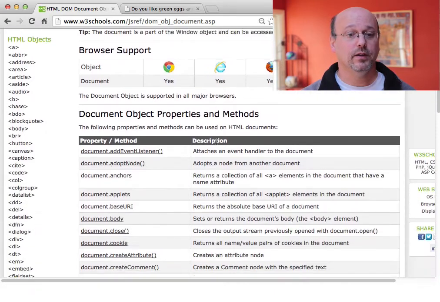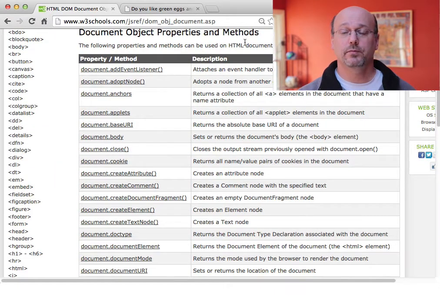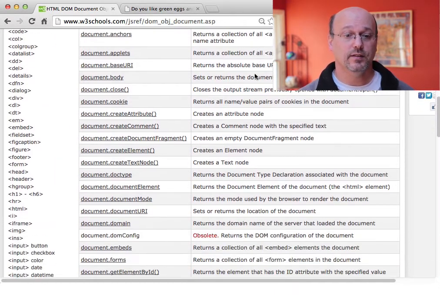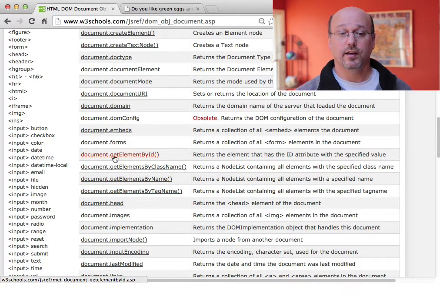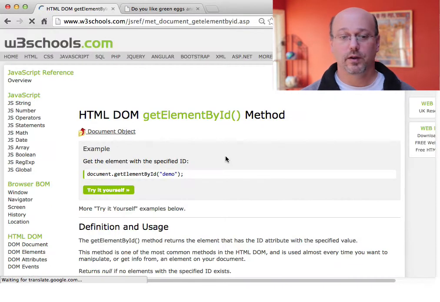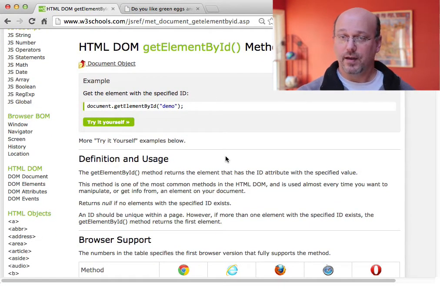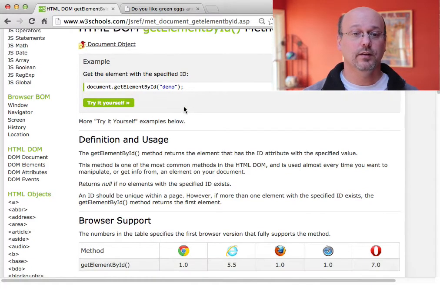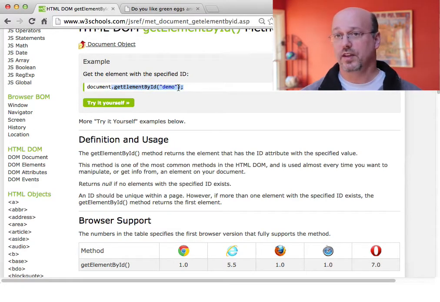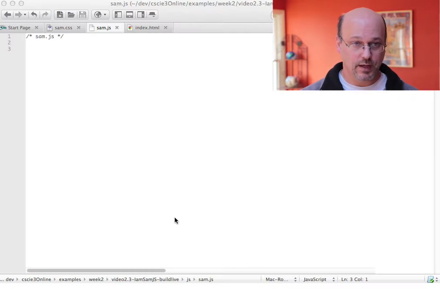In particular, if we go down and look through all of the properties and methods that we can see on the document object, we have one called getElementById and several others that are all about getting elements. getElementById is the one that we're going to use to get a handle on that button so that we can detect whether it's been clicked. And we can see the usage here, and it's getElementById, and then in quotes you put the name of the element that you were trying to access. So that's what we're going to do. Let's jump back to our code,